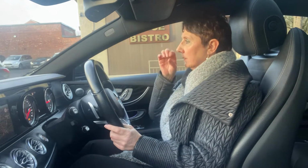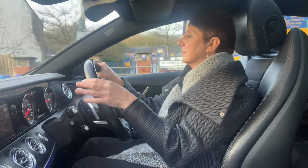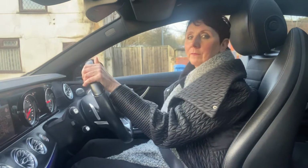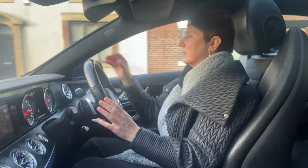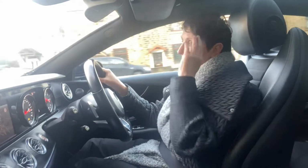Thank you. I feel very privileged to be trusted driving these cars. This has only recently come in, and I feel really privileged that I'm trusted to come out in these cars. Again, when the traffic's heavy, as it is now,